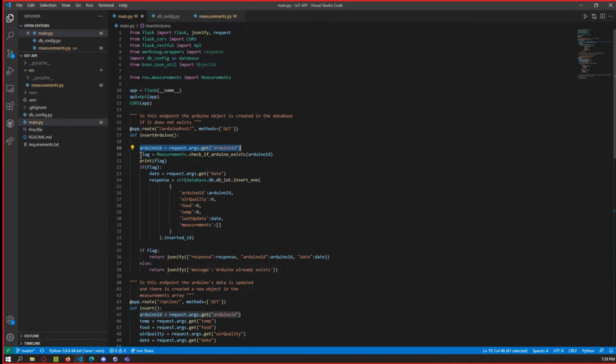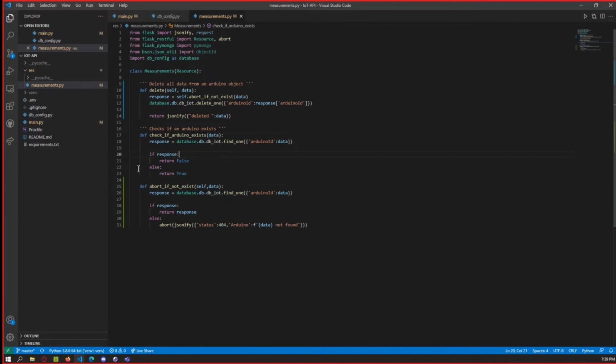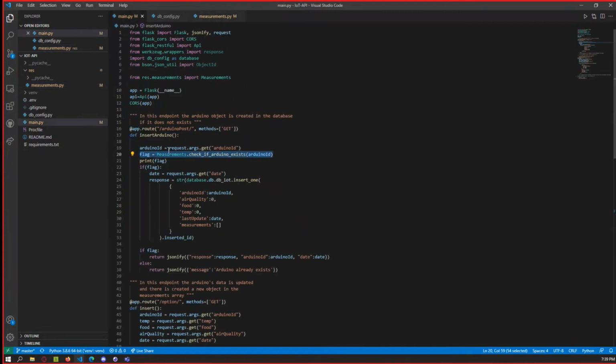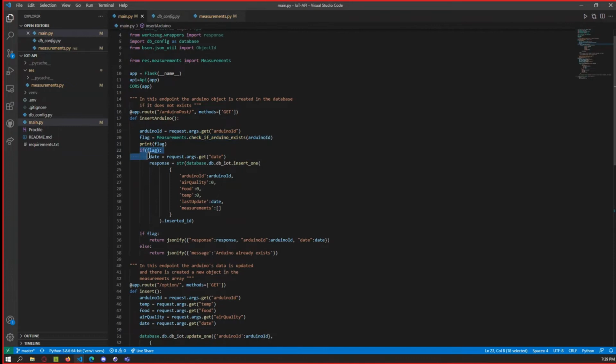Then we will be creating a variable flag. In this variable, we will go to the function in measurements. This function is the check if Arduino exists. It will look for the ID that was called, and if it exists, it will return false. If it doesn't exist, it will return true. And then in the insert Arduino function,